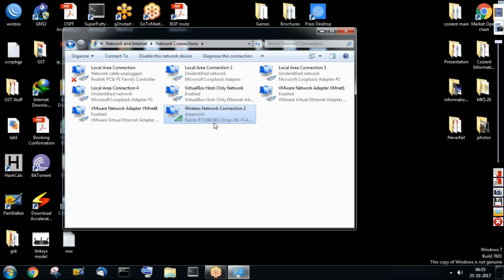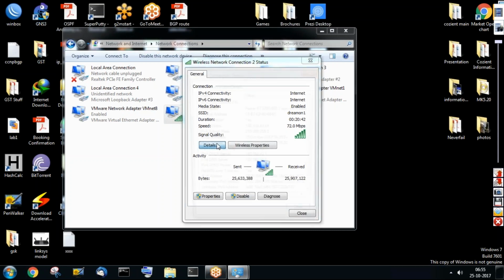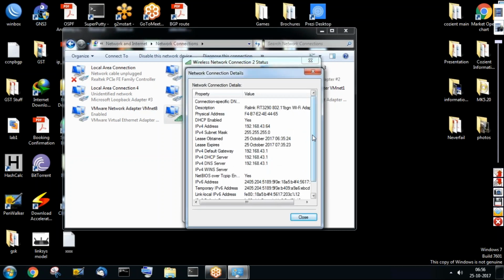And then I was using my network, and my friend tried to break into mine. So that is the day I named it "Dream On, buddy," trying to get into my network. And then I have multiple networks, so it became Dream On 1, Dream On 2. So that's how the Dream On thing came. Anyway, if I go to my status here and go to details, this will give me all my information.